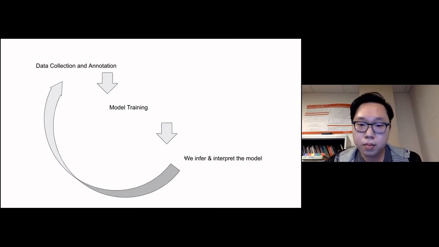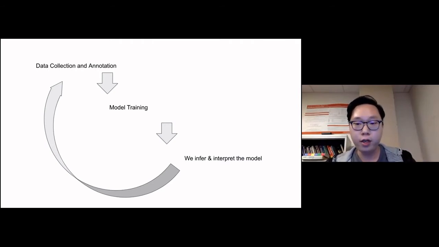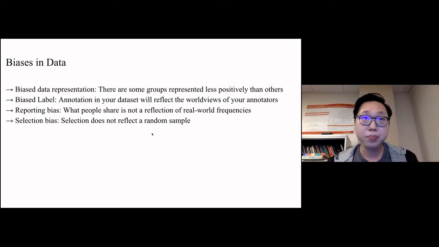A proper interpretation could be, for example, checking the feature importance or comparing the size of the coefficients for much simpler models like logistic regression or random forest. With proper interpretation, we'll have a better understanding of the problem itself or the research questions. And based on that better understanding, we will change our ways to collect, annotate, and curate datasets. But in this whole process, different kinds of human biases could appear.